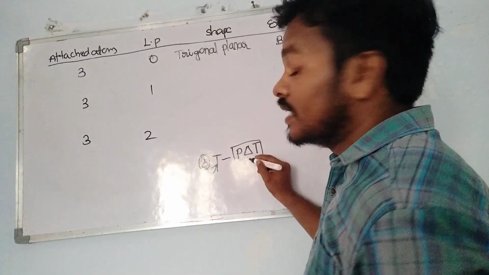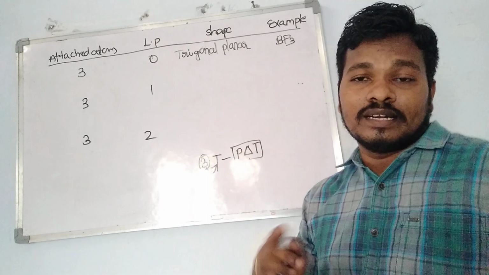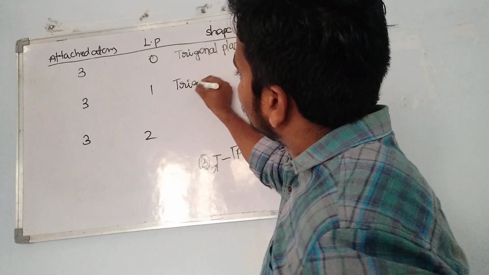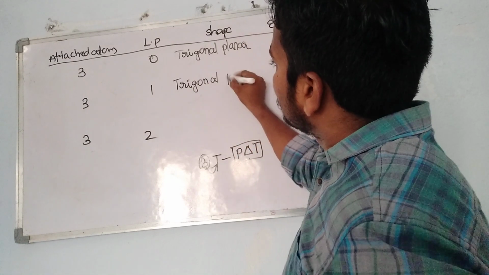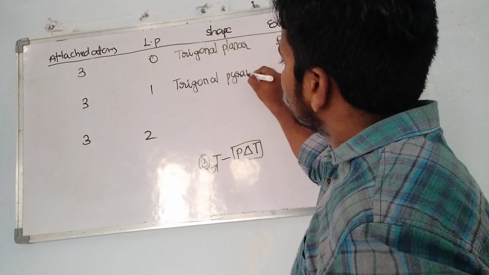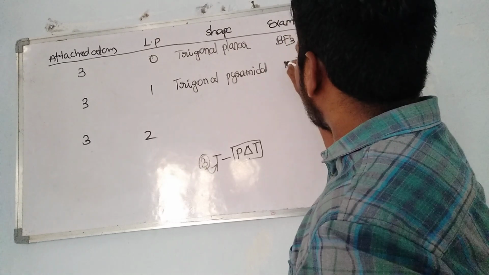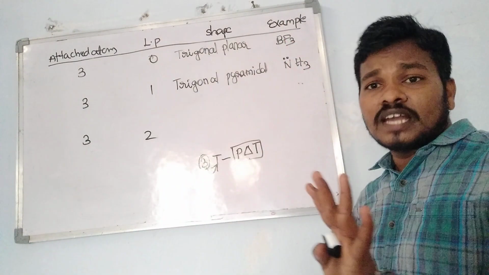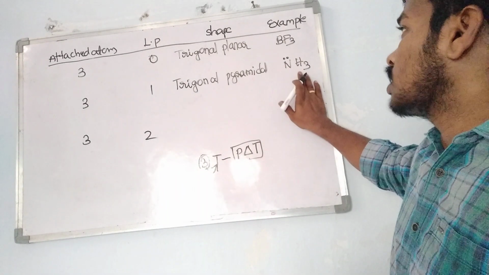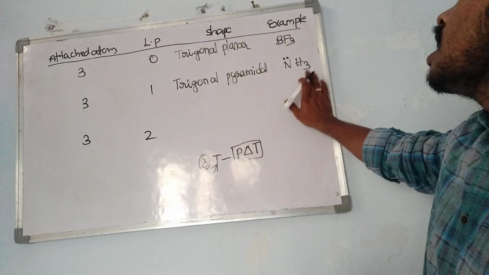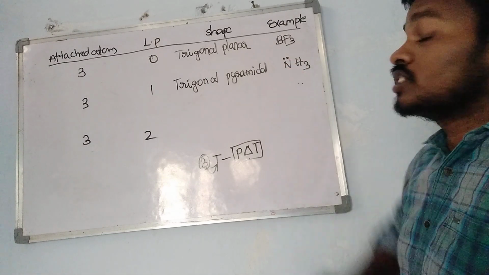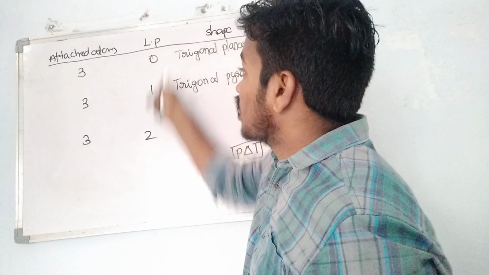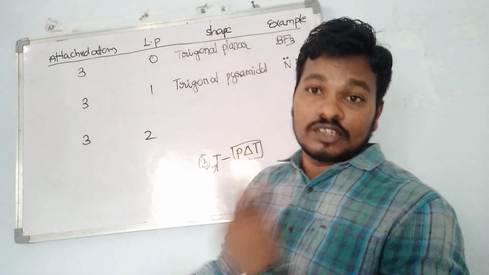Next is delta. Delta is nothing but pyramidal; delta looks like a pyramid, right? So you can write it as trigonal pyramidal. As usual our example is NH3 with one lone pair. There are 5 valence electrons in total. Out of 5 valence electrons, 3 participate in bonding with the 3 hydrogen atoms. We can see one lone pair, which is nothing but 2 electrons. Here we are talking about the lone pair, and here about the attached atoms.